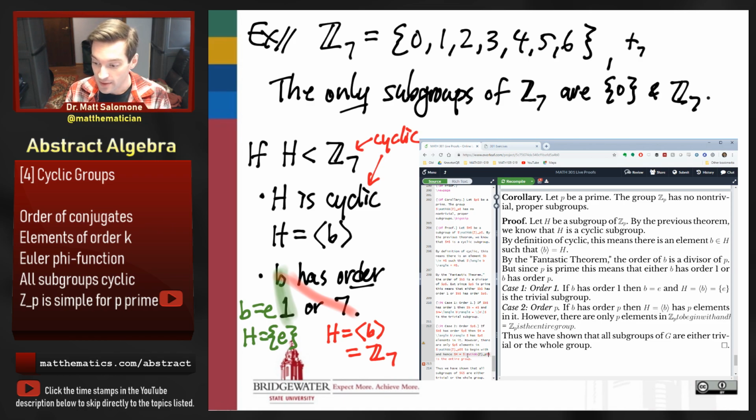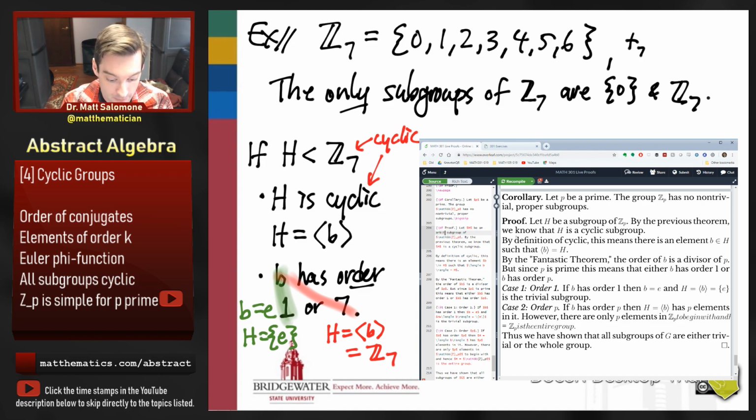So it tells me that the cyclic groups of prime order are actually really boring. They're super valuable. They're so useful. We're going to see they probably are the best groups of all time, but they're really kind of dry because they don't have any interesting subgroups. Because if H is any arbitrarily chosen, maybe I'll add that to my first line, let H be an arbitrarily chosen subgroup of Z mod P, then we know for sure that subgroup will be cyclic by the previous theorem. And then by the fantastic theorem, we know that the order of its generator will be a divisor of the order of the group Z mod P. And the order of Z mod P is P.